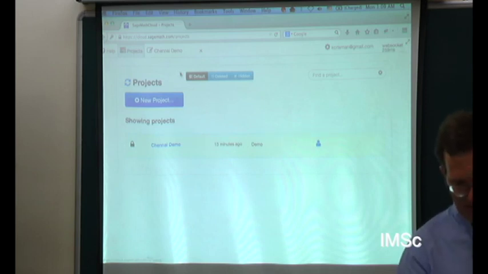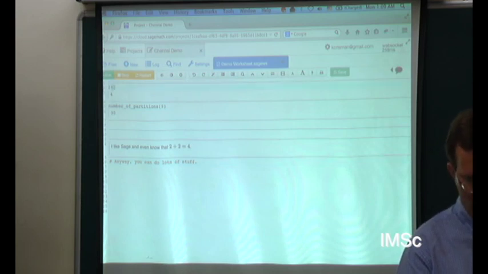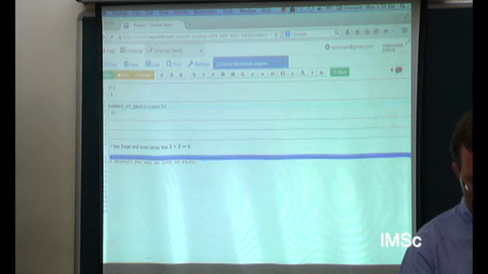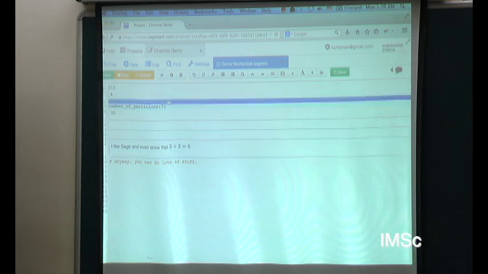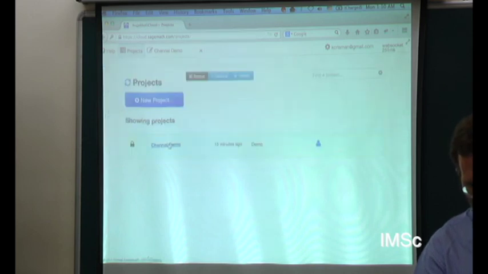So let's take a look at this demo, which is very, very short, that I made. 2 plus 2, if I press Shift and Enter, it gives me 4. And so now it's going to tell me the answer is 4. And it, again, went out in the cloud. I can do some annotation. You can do a lot of stuff. And the point is that inside of the project,